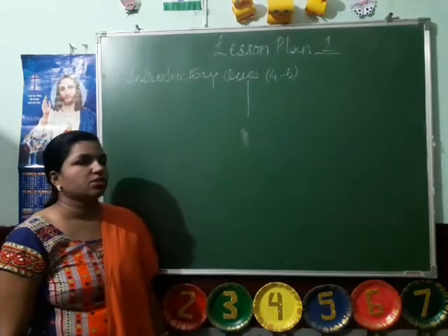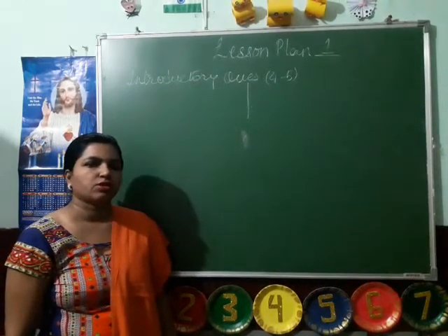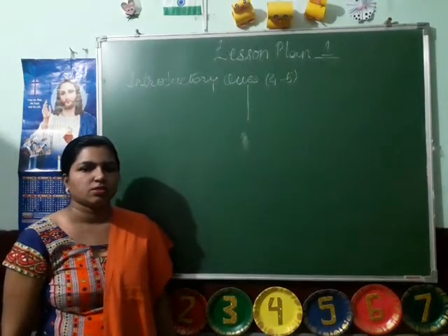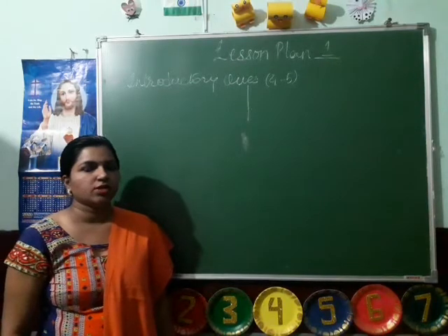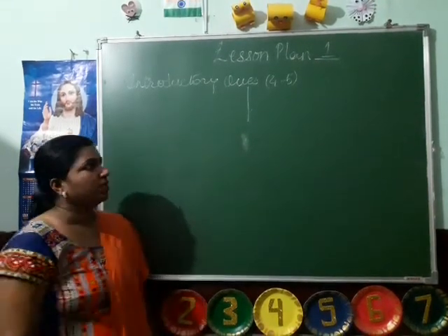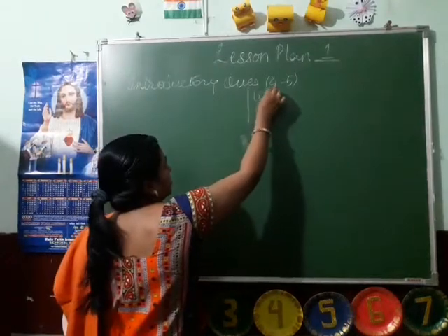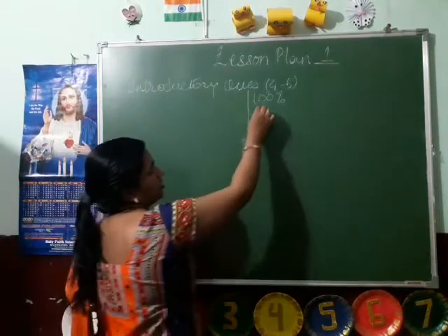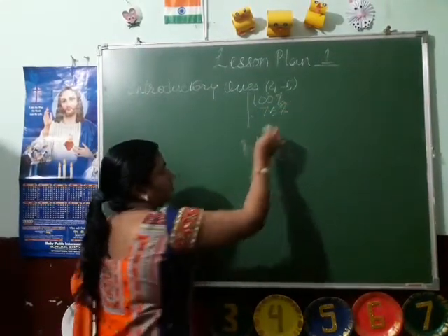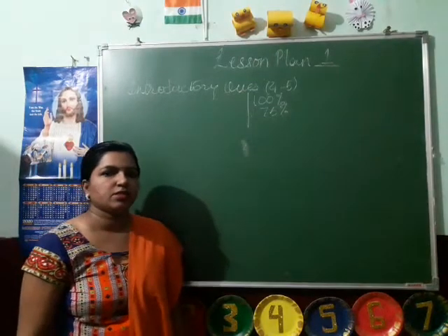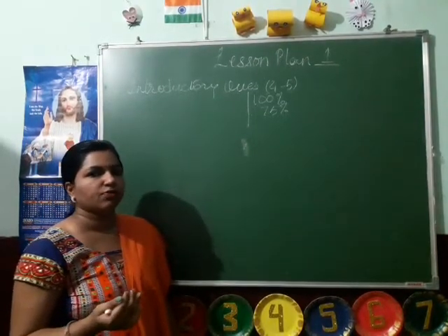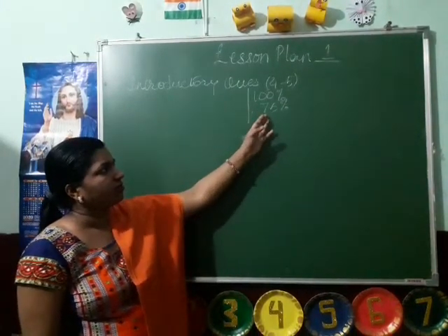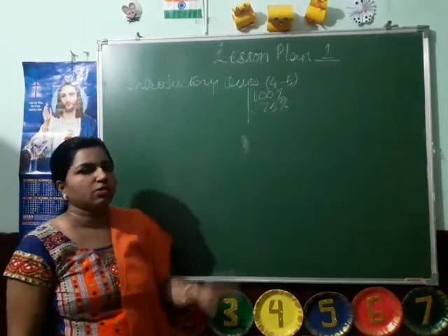The first introductory question should be one that 100% of the students are able to answer. The whole class should be able to answer, so it should be that easy a question. The second question should be answered by only 75% of the class. That means you have to increase the difficulty level of the questions. 75% of the class should be able to answer.